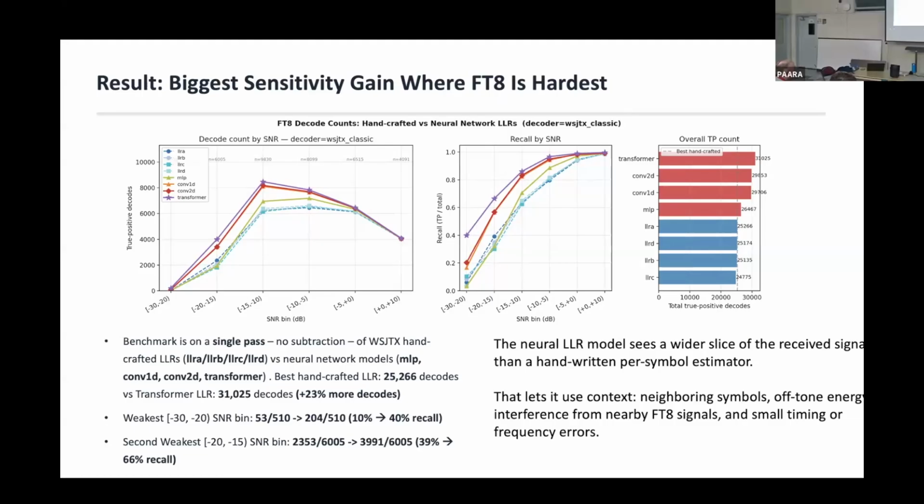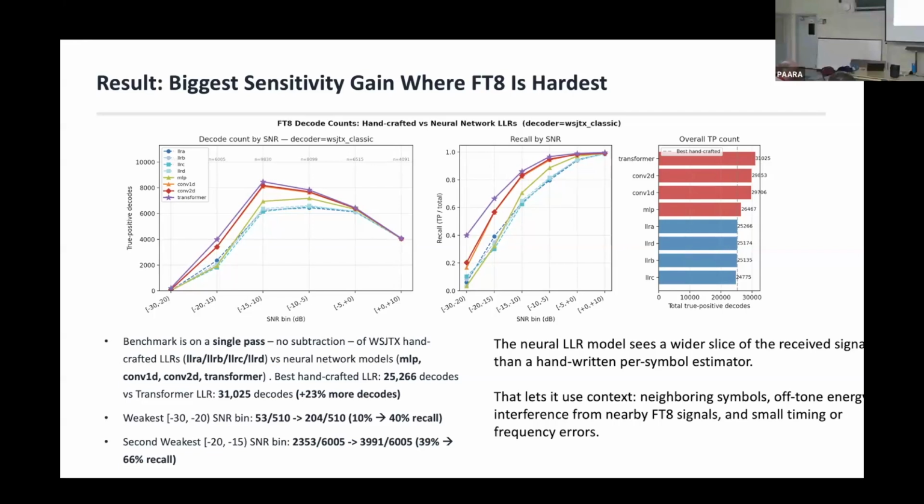compared to what exists in WSJT-X. And now these formulas have been tuned. They put a lot of thought into them, and it's actually really cool how they work, but they can't really adapt to fading or to frequency. There are all these little things that can happen in real-world signals, and at least with neural networks, you might be able to learn a function that can automatically cancel that stuff out. So that's a hand-wavy version, because it's hard to understand what these things do, of why this actually works,